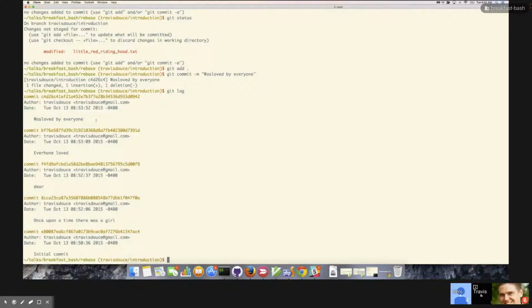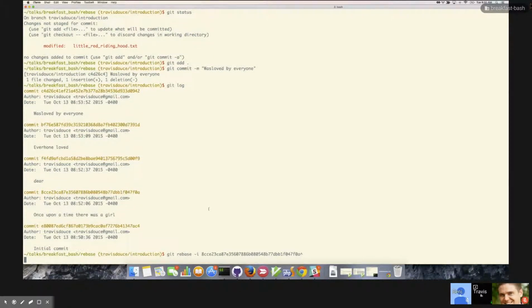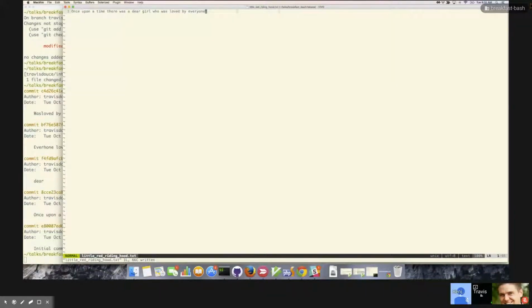So the way that works is you look at your Git history and you copy the SHA where you want to rebase at. And the command is git rebase interactive, so we're going to be interactively rebasing. And then the SHA that we want to start rebasing at. And you have to add this little caret, and this signifies start rebasing at this SHA, not the child of this SHA. So if this caret wasn't here, we'd actually start rebasing at this commit. Okay, so when we hit enter now,